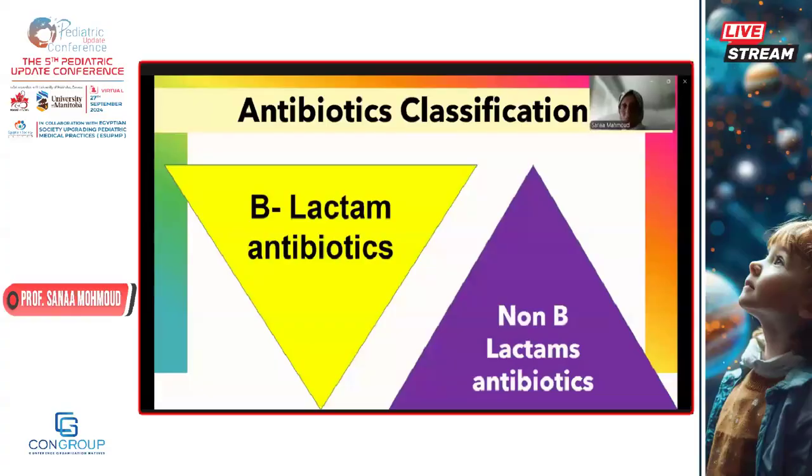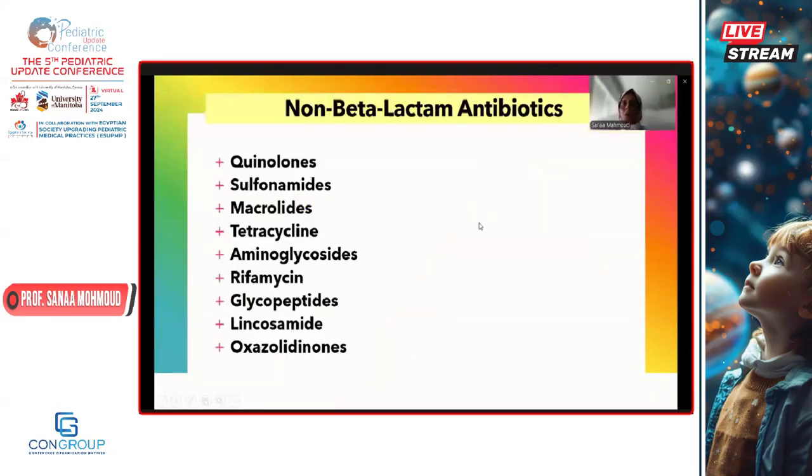The second item that I'm going to talk about today is the antibiotic classification. We know that antibiotics fall into two major groups, either beta-lactam antibiotics or non-beta-lactam antibiotics. What are the non-beta-lactam antibiotics? It's a big list. Mostly a lot of them you rush to use without using beta-lactams, although now they are pushing us to use more penicillin and beta-lactams because of the cost, because of the drug-resistant